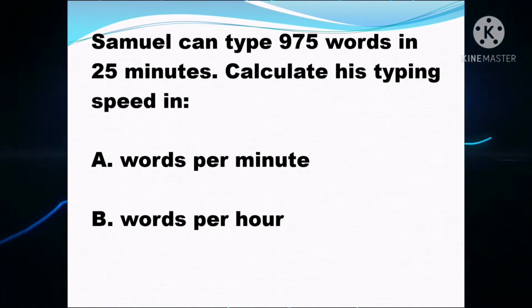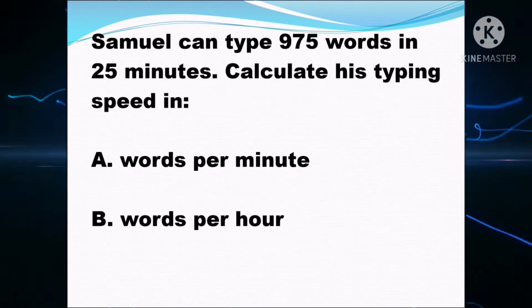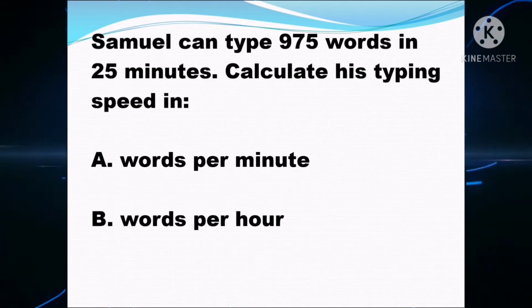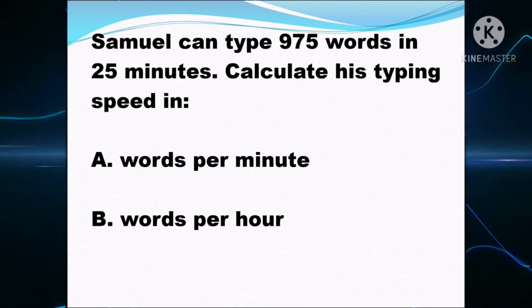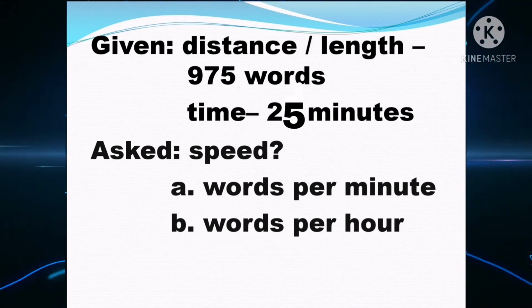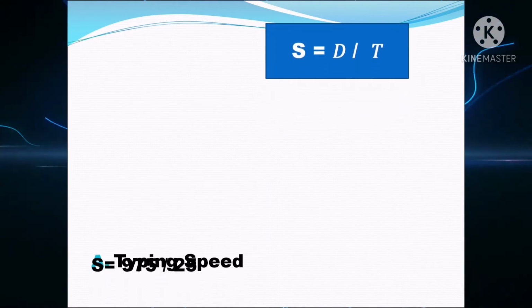Now let us have our next example. Samuel can type 975 words in 25 minutes. Calculate his typing speed in words per minute and in words per hour. Our given facts in this situation are 975 words, which is the length or distance, and 25 minutes, which is the time. Since we are required to find the speed, we can just use the same formula, which is S